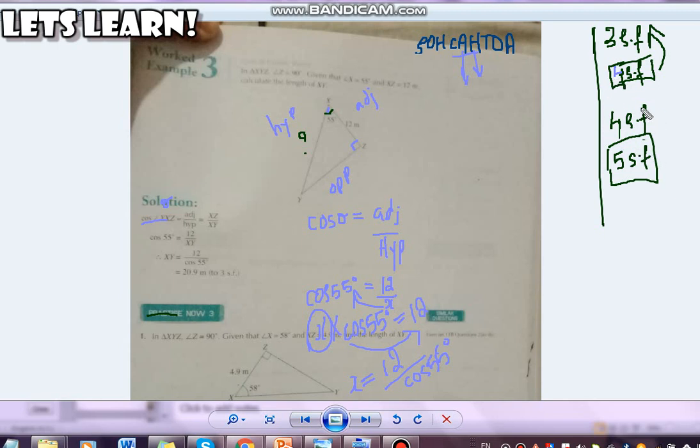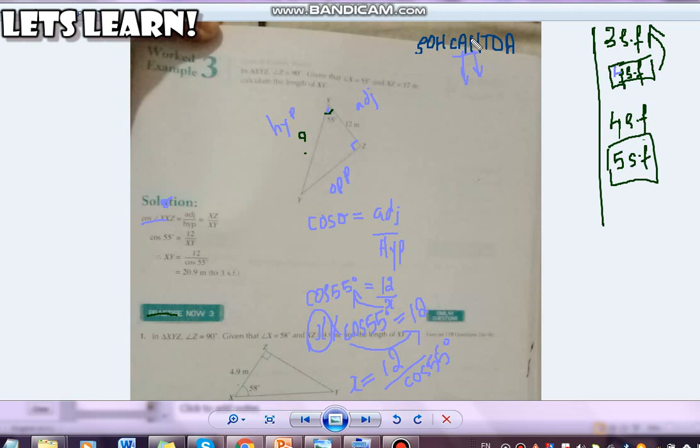Similarly, if you are asked to keep your answer in 4 figures, then when you are doing the calculations, you will take 5 figures. When you're done with the calculations, you will change your answers into 4 significant figures. Please keep this in your mind, and if you make mistakes here, then you will get a wrong answer. Okay, so I hope it's clear to you guys. In the same way, if you are not given the hypotenuse or if you are given the adjacent, you're going to use the cosine ratio to find any of these sides.